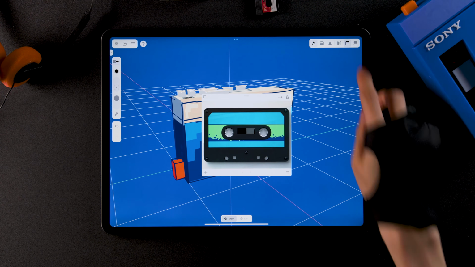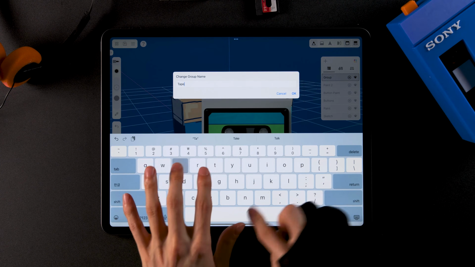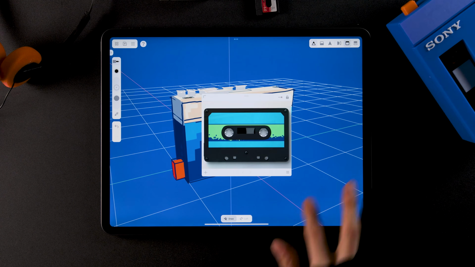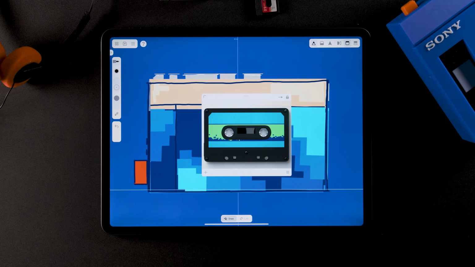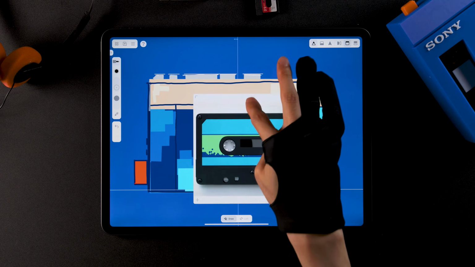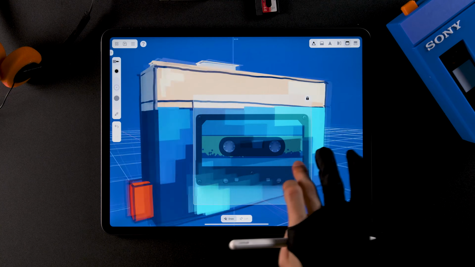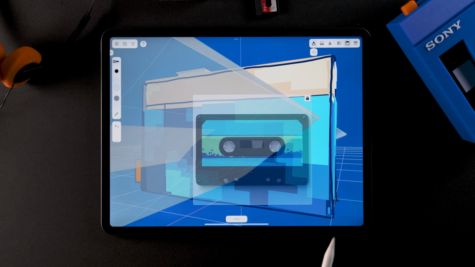Now go to the stage panel and add a new group. Let's rename it Tape Sketch. Close the panel, move to the front side, and double tap. Zoom in a bit so the cassette player fills the screen. Next, adjust the size of the clipboard to match the cassette tape size with the player behind. Set the opacity to 40%. Lastly, tap the icon on the right side of the clipboard to lock it. This way, the clipboard ignores every interaction until you unlock it.